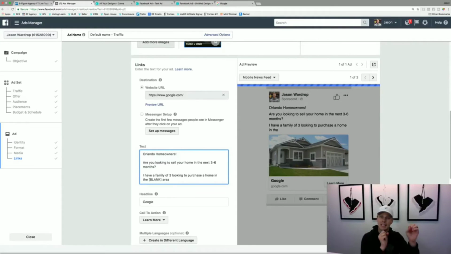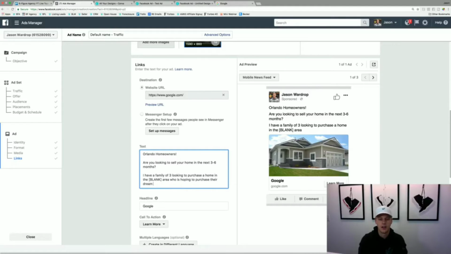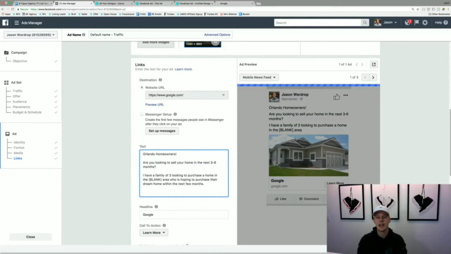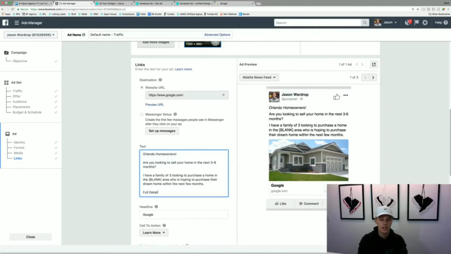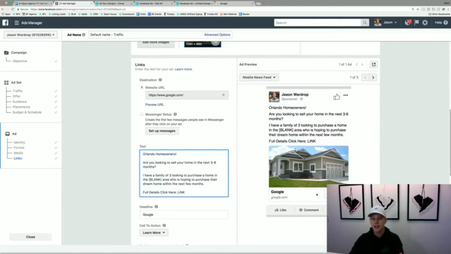So if you wanted to get specific to a community, you could say "who is hoping to purchase their dream home within the next few months." Then we could say "full details, click here," and add a link. If they click on this image, it's going to take them to the site. But it's also nice to add the link inside this copy too,